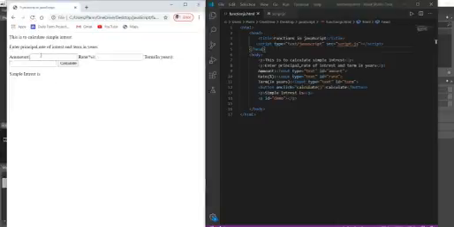Now once again enter the same values, 1200, rate of interest 10%, and number of years 7.